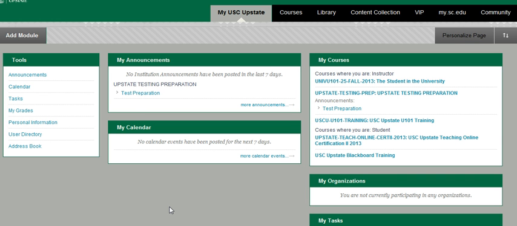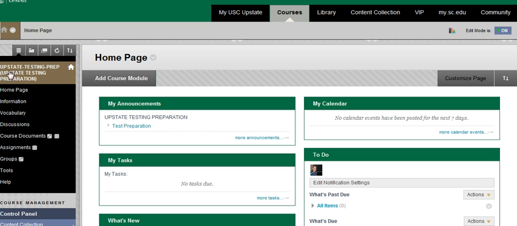What I want to do right now, though, is give you guys a preview, a walk around real quick, of how I've set up the Blackboard course for this testing preparation stuff that we're going to do. If you're getting this, then you have been added to the course on Blackboard. It'll look like this: Upstate Testing Preparation. If you click on that, it'll take you in there, and you'll see a number of things over here on the side. There's a home page, which is where we are now. It just has that information that I sent to you.